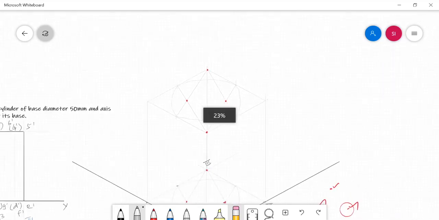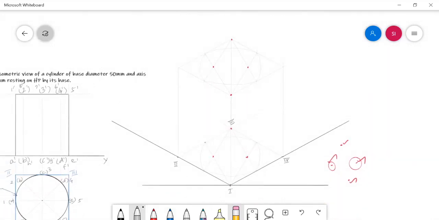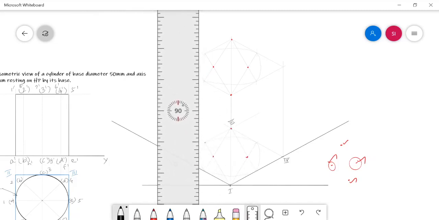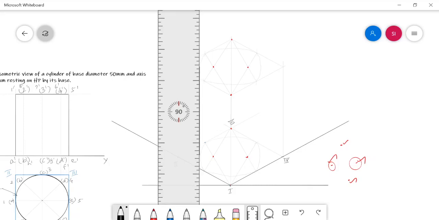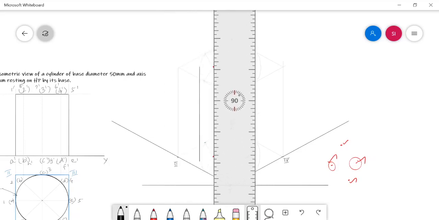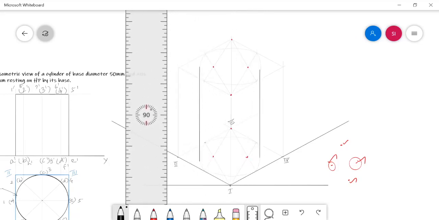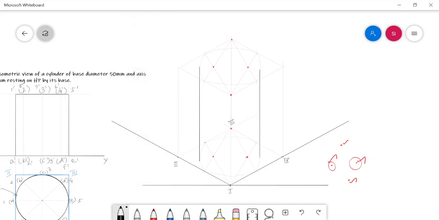Now I have just drawn the isometric view of the circular face of the solid by using the 4 center method. Now I have the base circle and a face circle. Simply by connecting these two with two tangents on the two sides, I can complete the isometric view of the cylinder. See here. Now I can use the HB pencil. Just draw tangents to these two circles, and then I need to darken the visible circular portion only with the HB pencil.